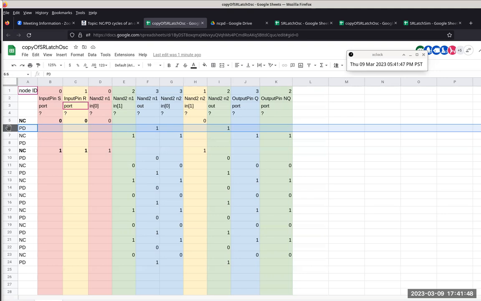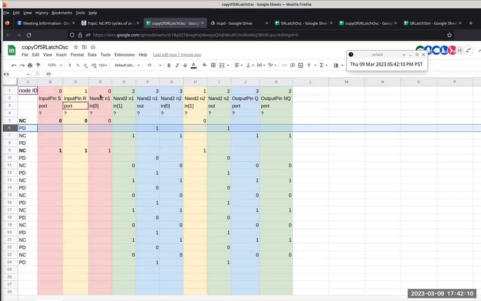So with the NAND 2 devices, you have to look at the previous rows and see if any one of the input pins is changed. And you have to test it for each device. We only got 2 devices. We have N1, which is a NAND 2 gate. We have N2, which is also a NAND 2 gate. So we'll go ahead and take a look at